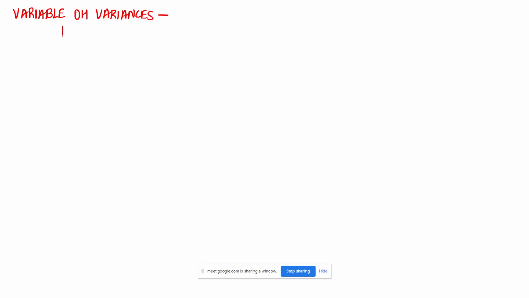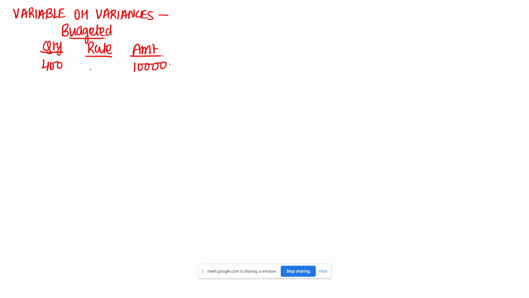So again, in the similar fashion, we are going to make the table where we are going to have budgeted, then we are going to have actuals. Under budgeteds, we can have the quantity, we can have the rate and the amount. So if you see, the budgeted quantity given to us is 400 and the variable overhead is given to us as 10,000.